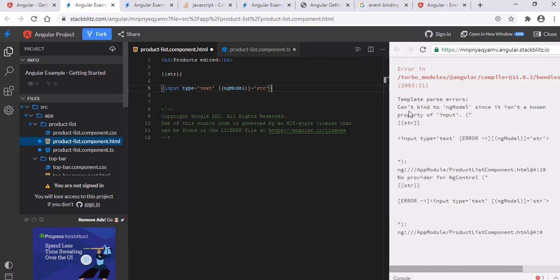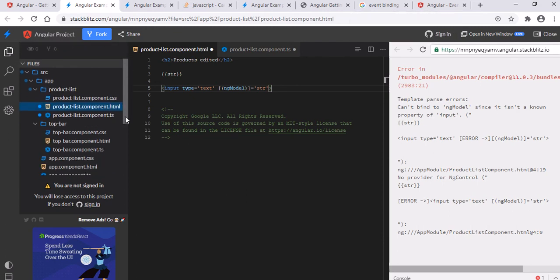It says that it cannot bind ngModel since it's not a known member of input. For this, we have to import the forms module, and put it in the app module.